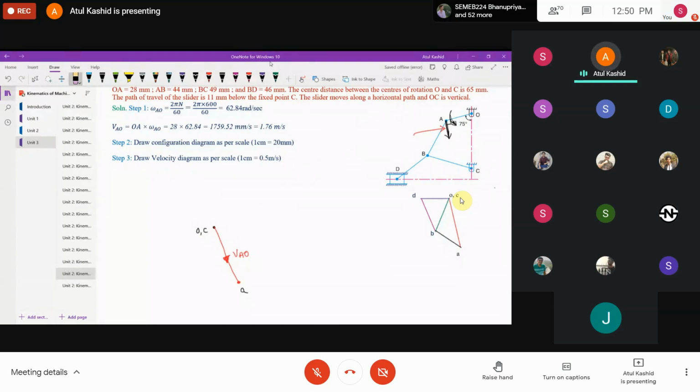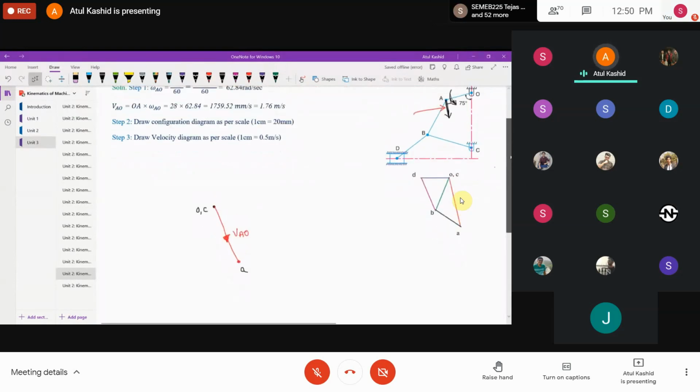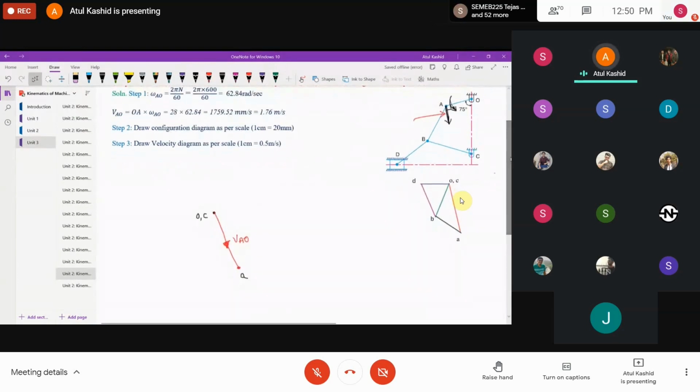So now we have identified our vector OA, we have drawn it, right? Then we have to target the next link now, right? We have to target the next link. So we have finished with the first link, that is OA. Now we have the point O comma C, we have the point A. Now we'll try to identify another point and we'll target the point B over here, right? So I will tell you one very useful trick over here. So I have to target the point B over here, and I can see the B point is the intersection of, for example, AB and BC, right?